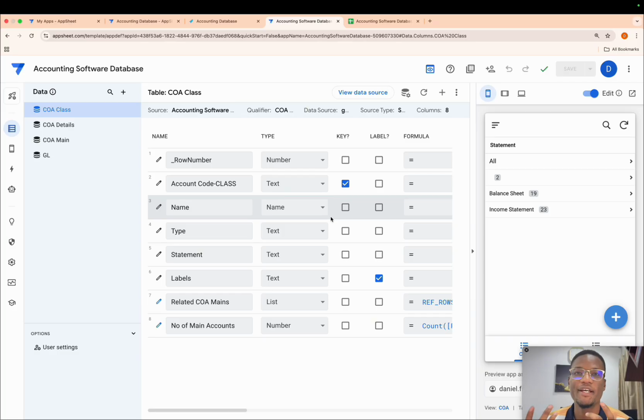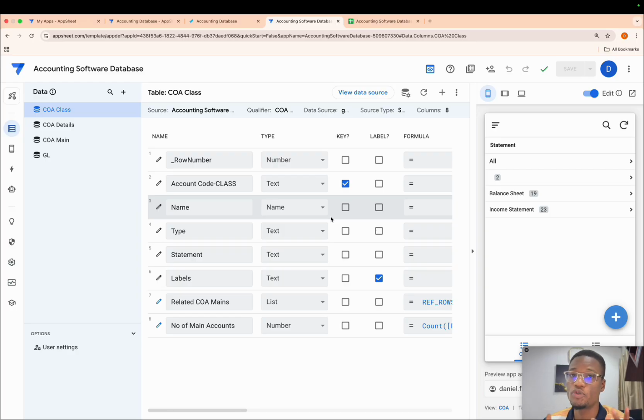Okay, guys, so we are done including our GLs into our app. The next thing we have to look into is how to make it possible to make entries quickly into our application. Instead of going through the normal process of creating one form at a time, we want to look at a much more sophisticated way of making multiple entries into AppSheet.